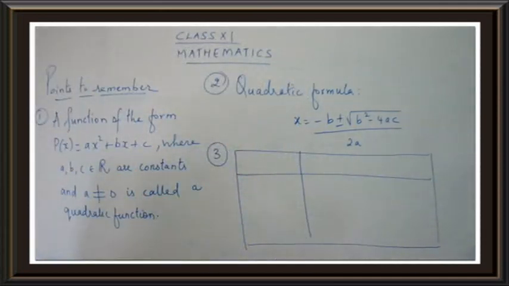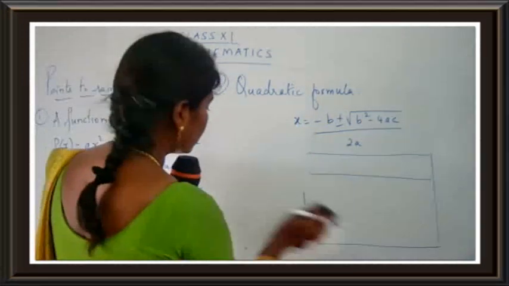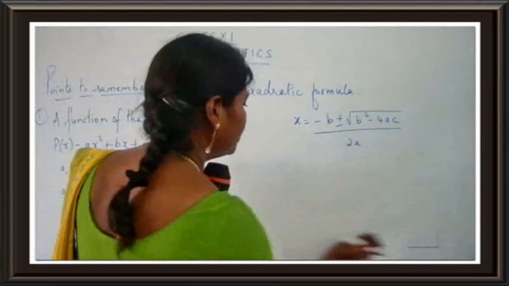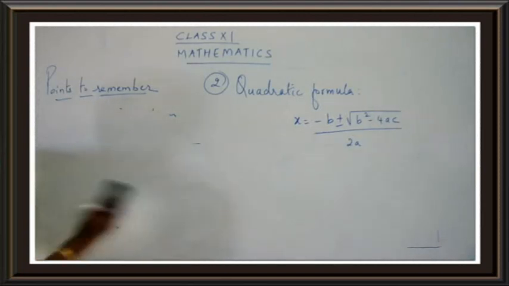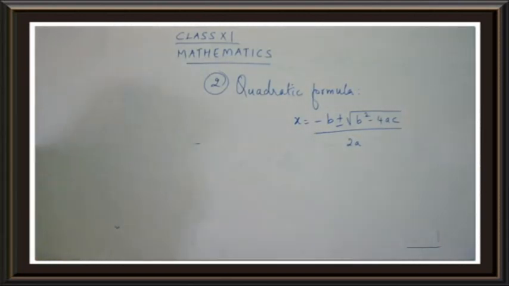I need a bigger table. It's not possible over here. I'll just continue the third point here, children. Just stay on the first point. I'll rub the first point and I'll draw the table. Do not waste your time. Take down your points. Okay, I'll draw a table over here. I hope you would have taken down the first point. So draw the table using a scale and a pencil, children.